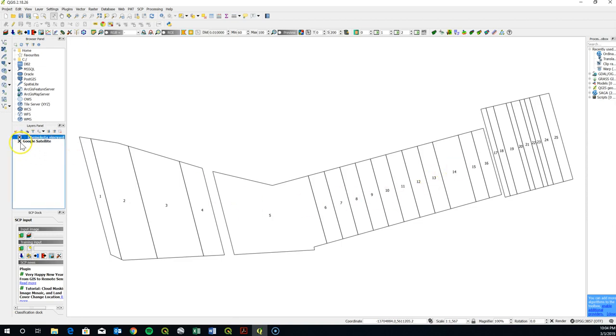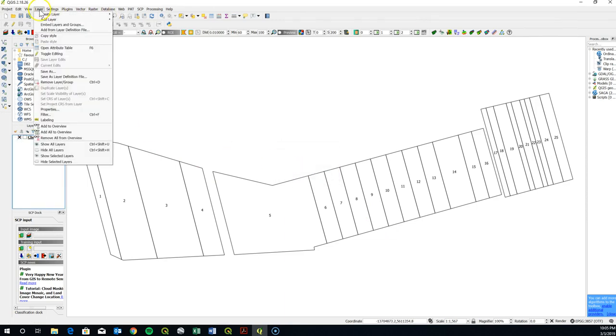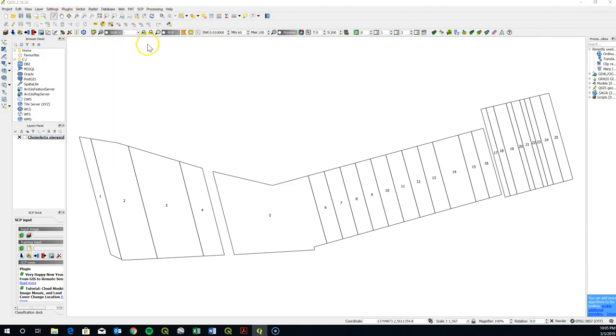Okay, it doesn't look like something is happening with the Open Layers plugin. I'm not really sure why the map isn't showing up, but it doesn't matter for this. So what we're going to do now is bring in the NDVI layer. Get rid of this, I don't need it. We're going to bring in the NDVI layer. So add layer, add raster layer,